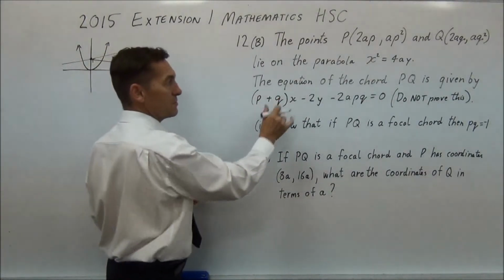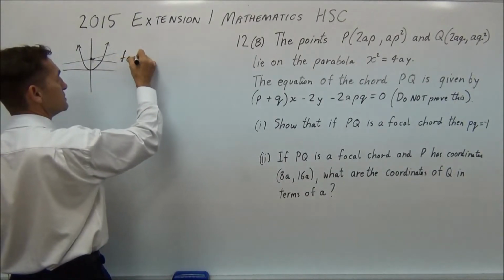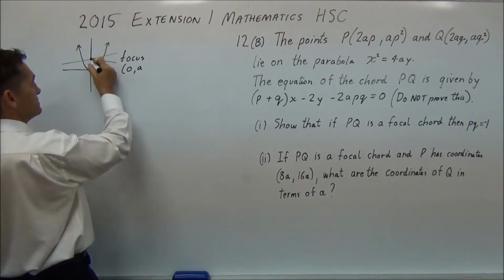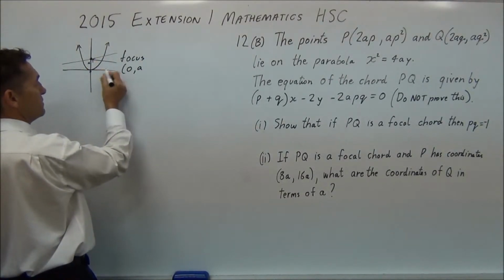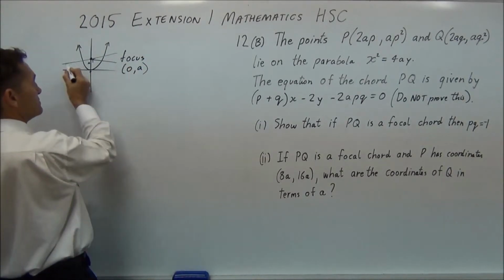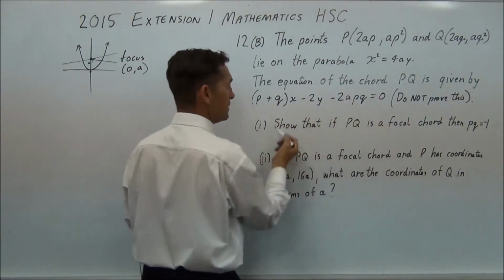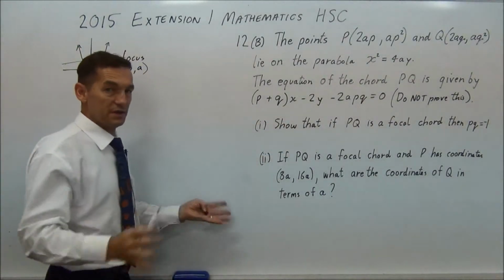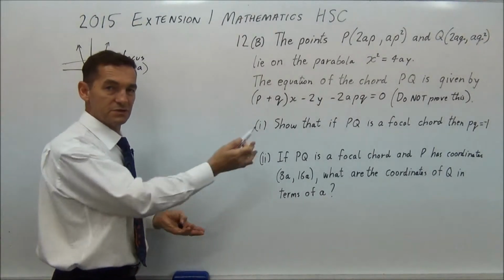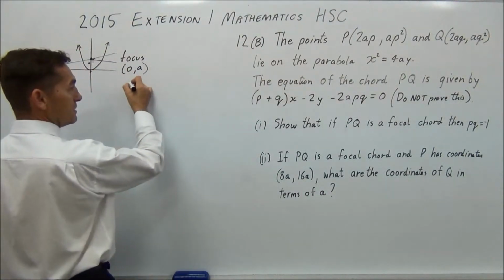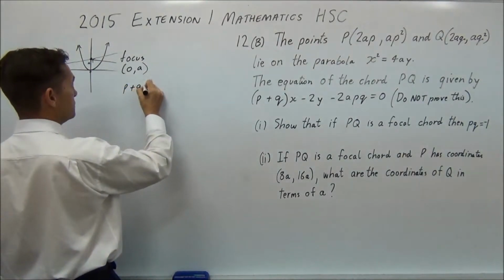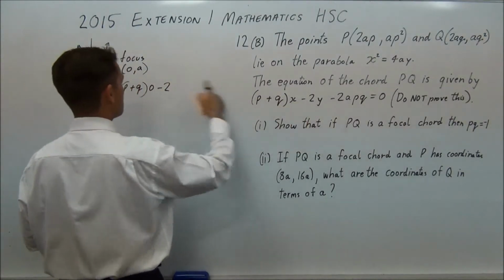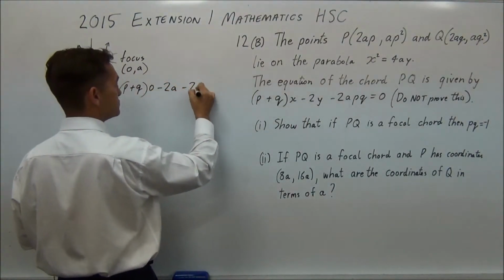Well, in this parabola, the focus is going to be the point 0, A, so that distance there will be A, that will be 0 on the x-axis, so that is the focus, and this point is on this line. So what they want you to do is put this point into this line, and that's it. And then if you solve it, it actually equals minus 1. So let's do that. So you've got P plus Q, or what is x? 0, minus 2, or what is y? A, minus 2A